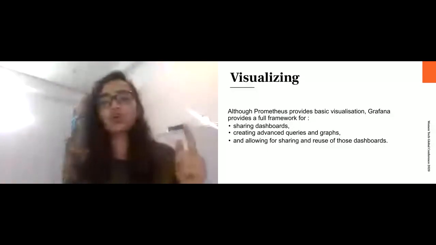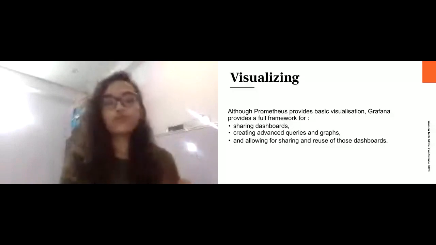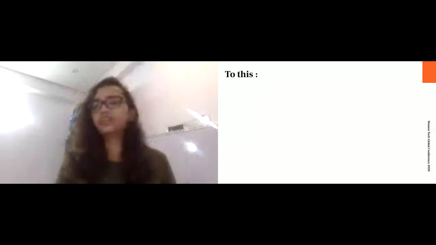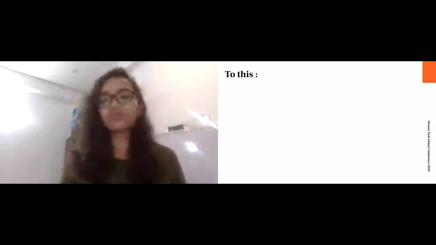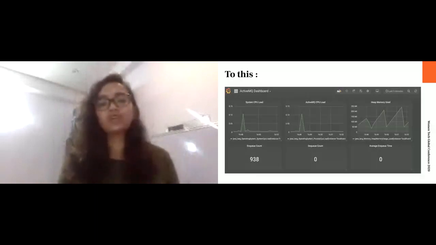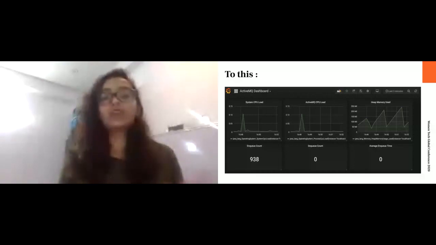So simply, if we see this, this is something we can see on Prometheus. We can go from this to this. Now, this is a very good dashboard. Going from this to this is an amazing thing. It's a detailed dashboard, and you can see a lot of information using different metrics and making different queries. So yes, this was the thing.